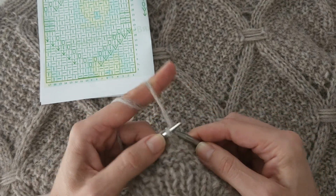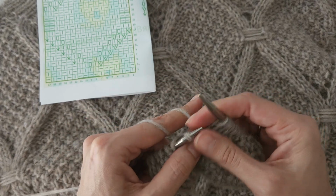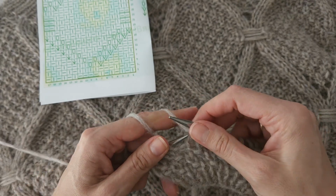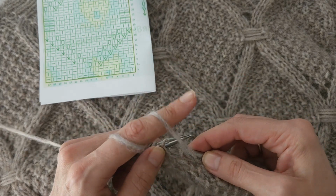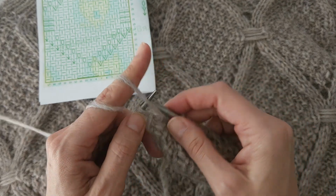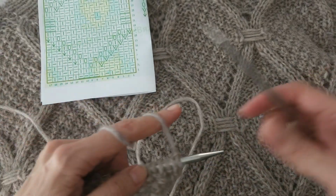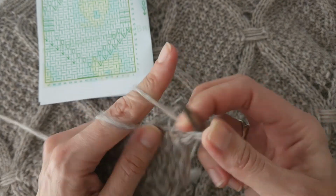And here is a knit, and now we do a yarn over, 2 knits, 2 purls, 1, 2, knit, purl, knit, purl. This row or round we knit in pattern,